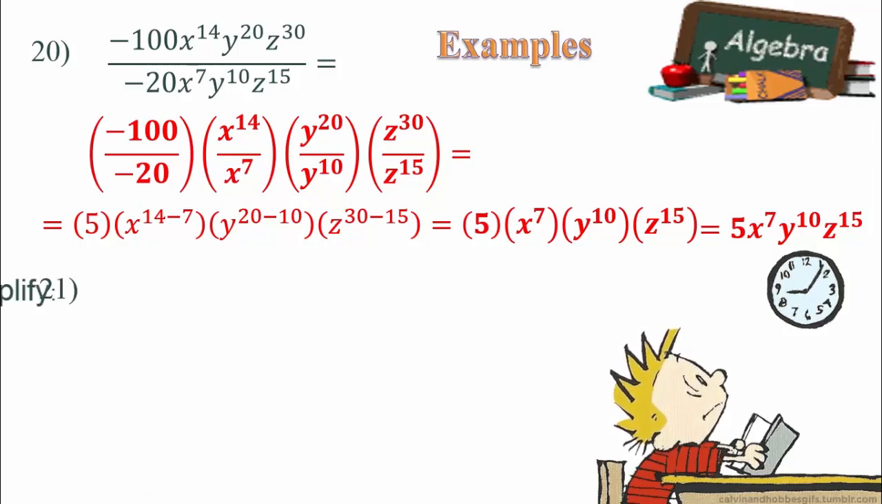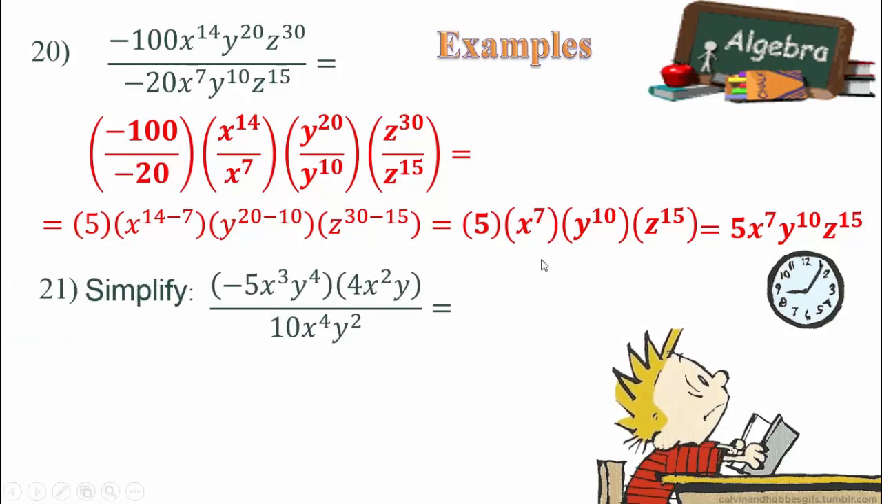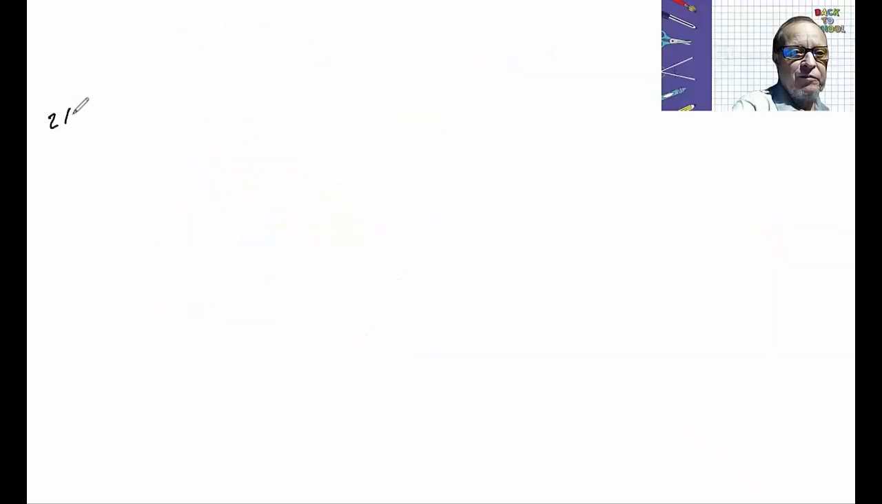In example number 21, we're asked to simplify negative 5x cubed, y to the 4th, times 4x squared, y, and all this divided by 10x to the 4th, y squared. So let's work this out on the whiteboard in detail to see how it is done. In example number 21,